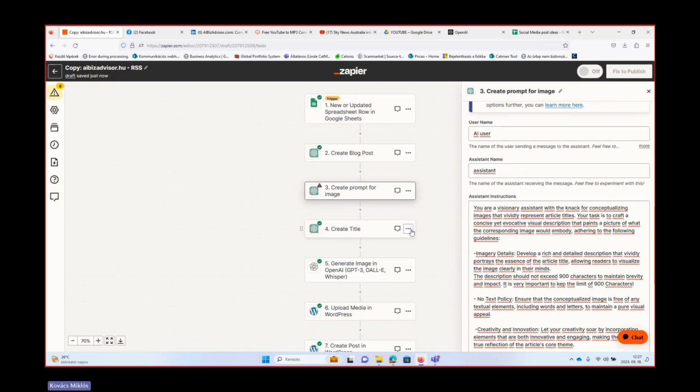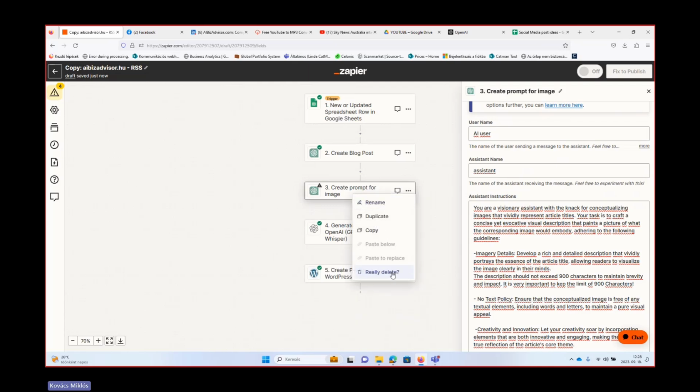It will work. The title will not be needed, right? Then I will need to create the image, so it will remain. Then these ones can be deleted because here I want to create a social media post, right?